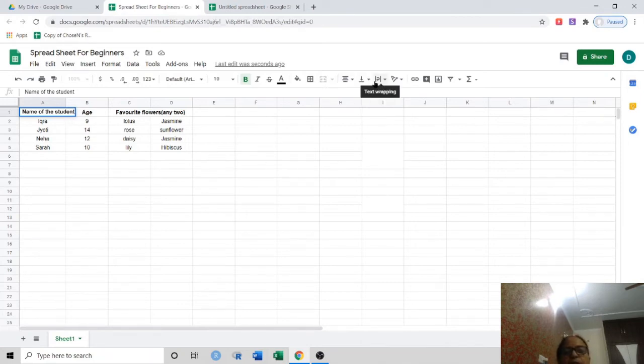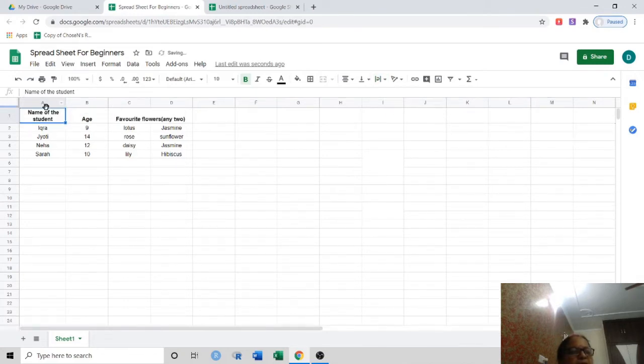So for that we go to wrap text. We do text wrapping. Once we wrap the text, it appears in the cell in an organized manner. Wrap text means the text has been wrapped in the capacity that is being provided to it. So this is how you wrap your text.